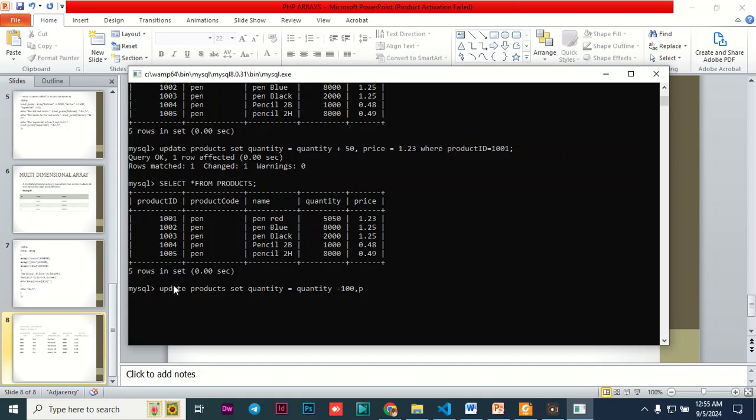comma, then the price, can just say the price equal to price plus 0.23. Okay, then you can just say where product ID. So remember it is not case sensitive, so you can type in either capital letter or small letter. So where maybe you can use 1